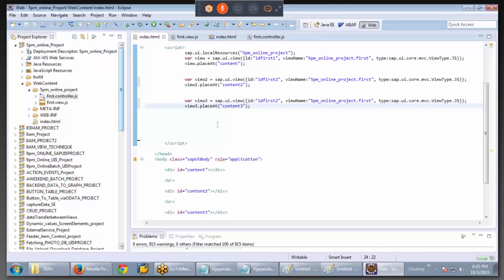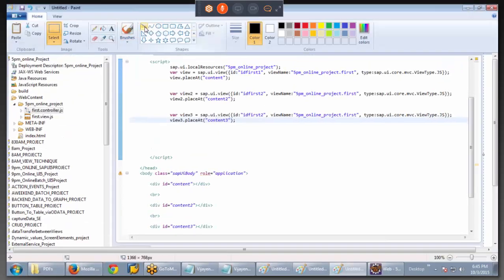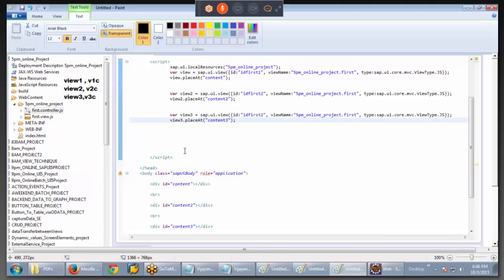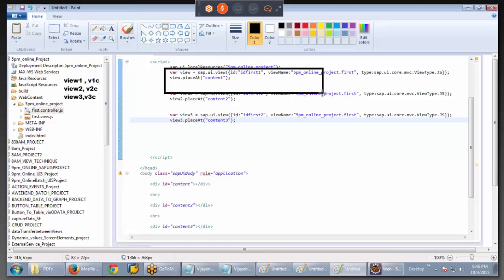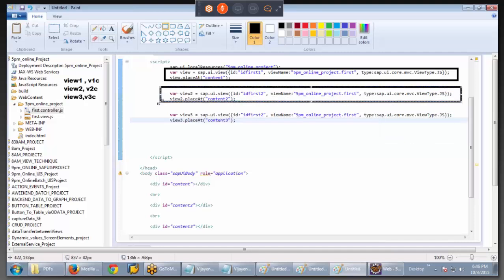So if you closely observe this particular screenshot, we'll get some more clarity. Now assume that there are 3 views. View 1 contains its controller, view 2 contains its controller, and view 3 contains its controller. Now if you closely observe, after writing this code here, view 1, view 2, view 3, then I can say